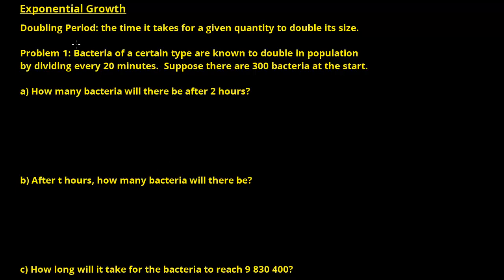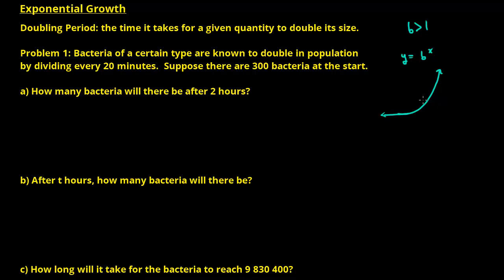Hi everyone, in this video we're going to look at some naturally occurring phenomena that can be modeled by the exponential function where b is greater than 1. Now remember that for an exponential function, let's just say y is equal to b to the power of x, if b is greater than 1, then the function looks something like this, where the graph approaches a horizontal asymptote, and then the function continues to